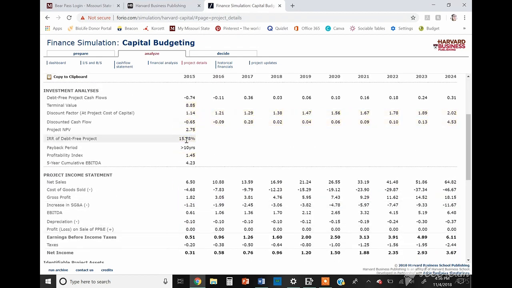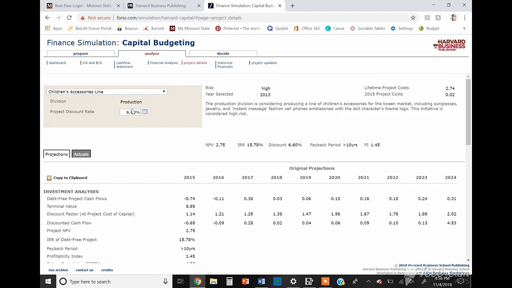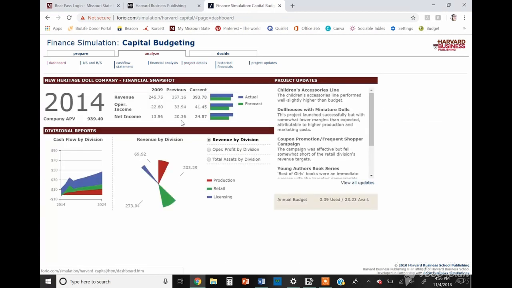So you can see right here that made my internal rate of return go down lower than when the discount was lower. So that was how I achieved that. And then how I explored the problem of resource allocation by looking at projects from a senior management perspective. As I already mentioned, I chose 21 of the 27 projects. 8 of these were production, 8 were retail, and 5 were licensing.